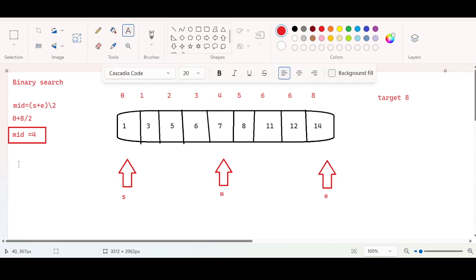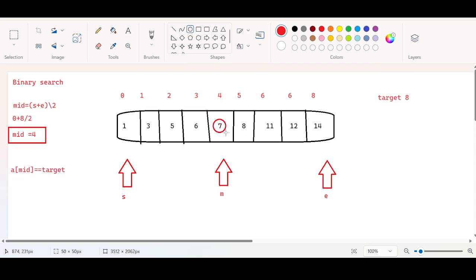As soon as I find the mid element, what I will do is check if the value inside the mid element is equal to the target element. What is the value inside the mid element? The value inside the mid element is 7. What is the target element? Target element is 8. If the case is opposite,